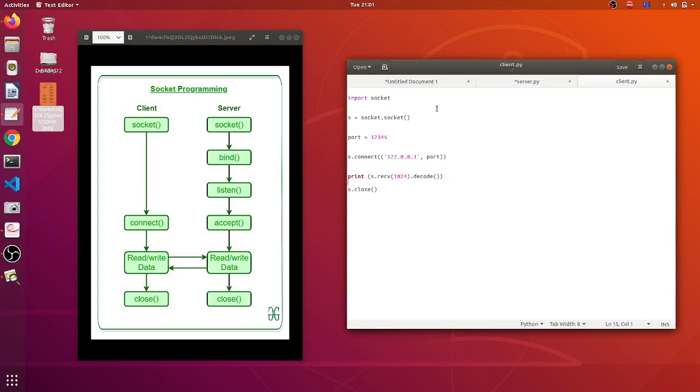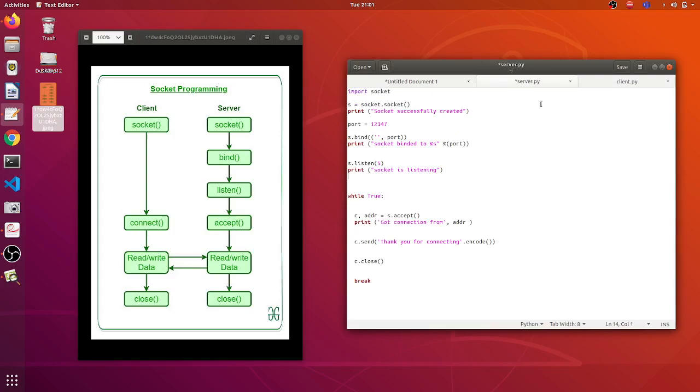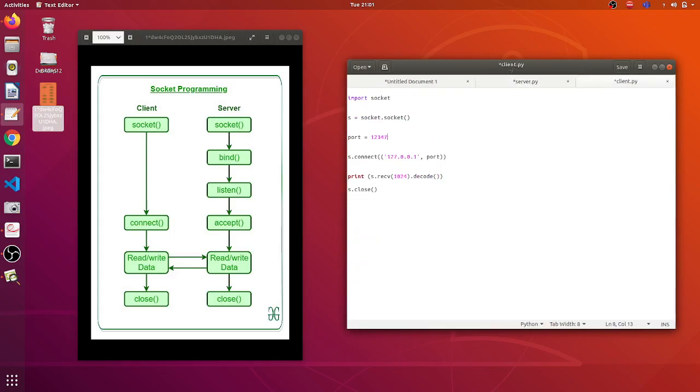imported the socket. We've created a socket. We have assigned the port. Of course, the port should be the same. Here we have given 12347. Here also we'll have to give 12347. That's done. We are connecting on